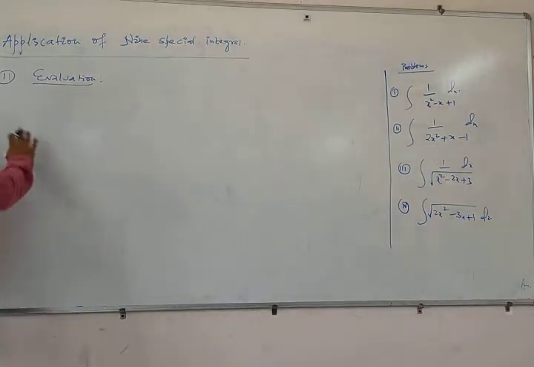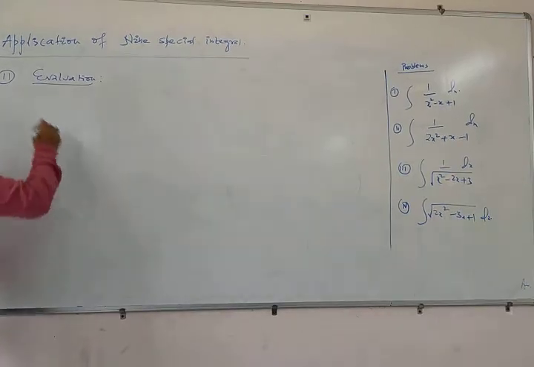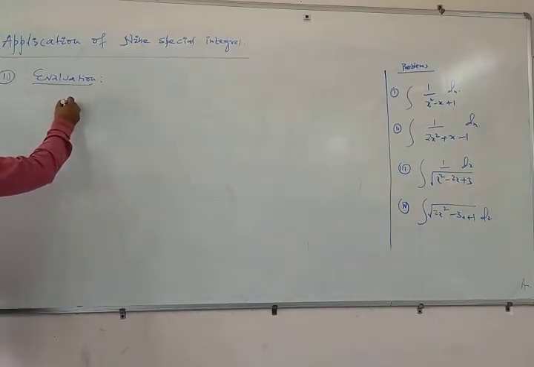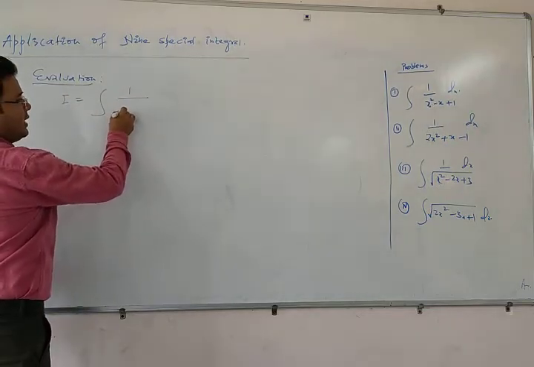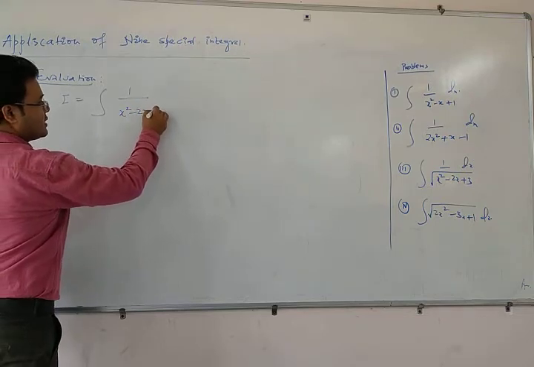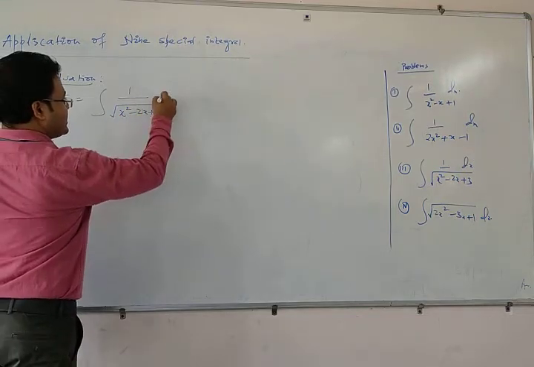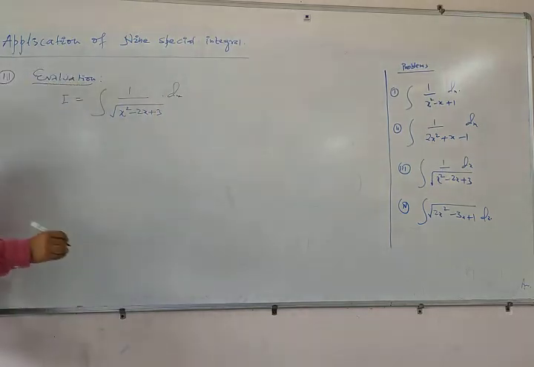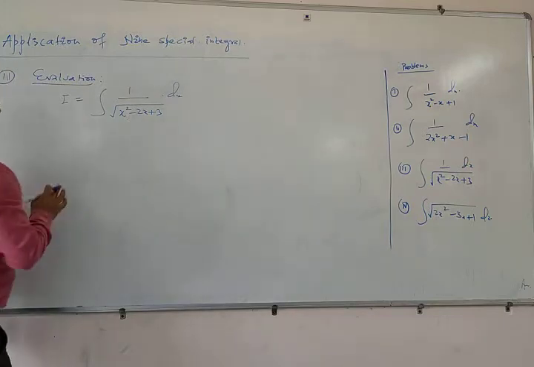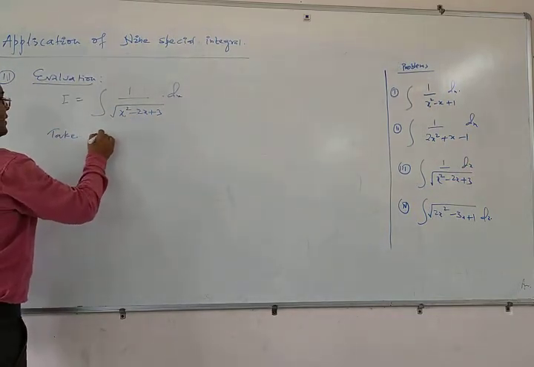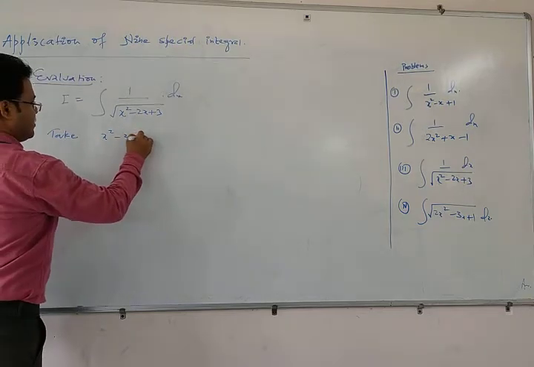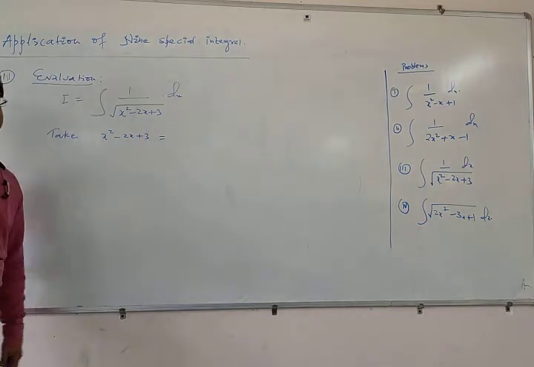Hello students, now we are going to solve number 3. And what is number 3? I is equal to the integration of 1 upon square root of (x square minus 2x plus 3) into dx. You can also see here, this is also a quadratic expression. So first of all, take this quadratic expression x square minus 2x plus 3 and make it as the sum